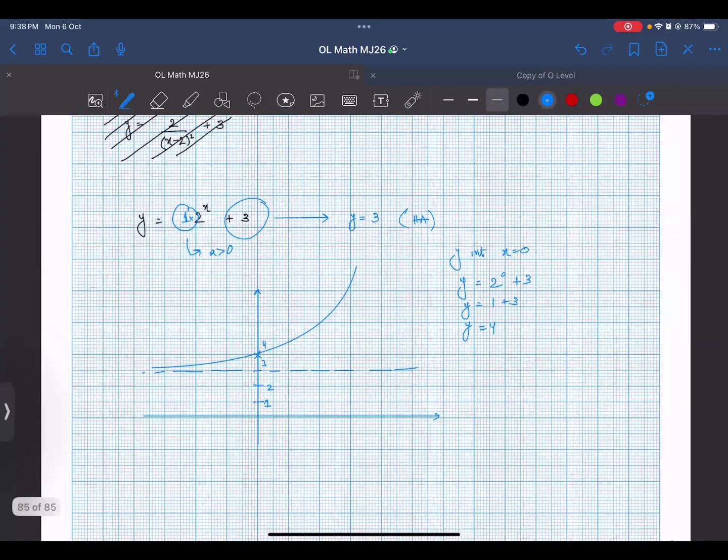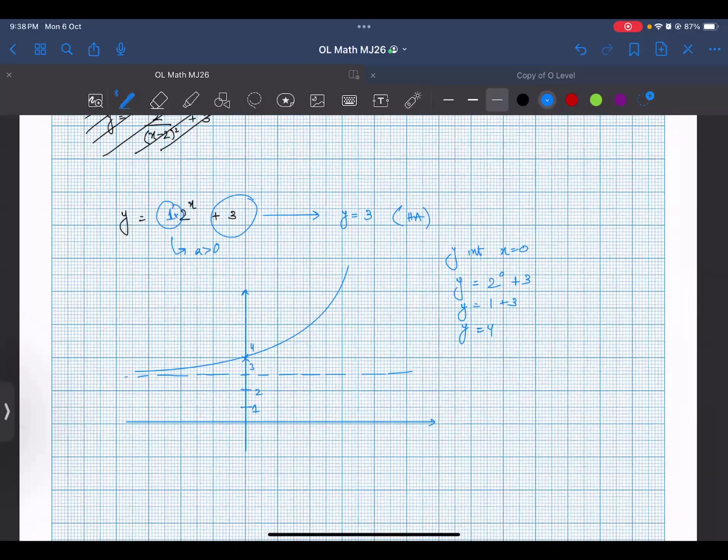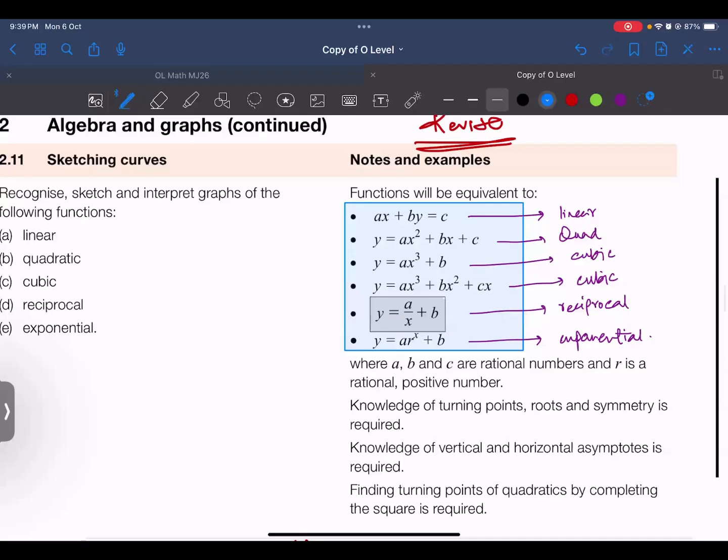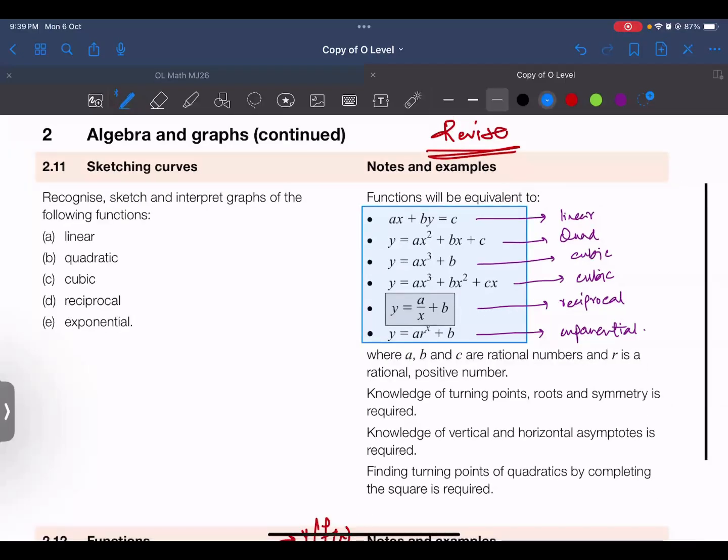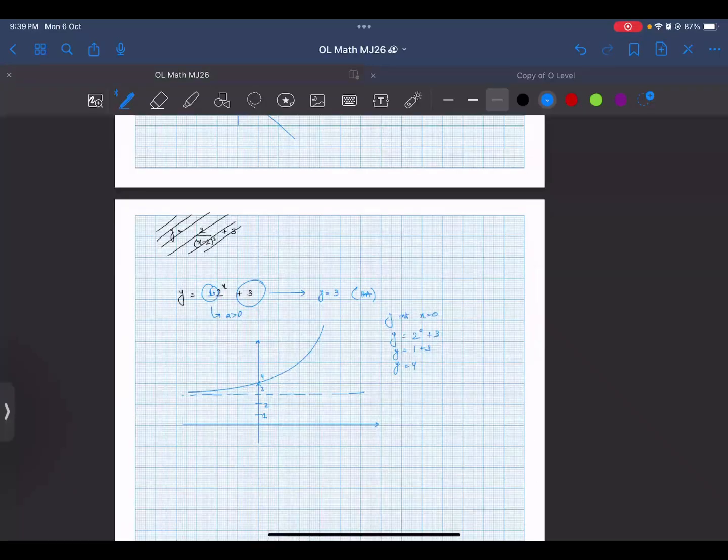Okay, so now we can end this important topic once and for all. Now we are done with this, and hopefully you people have got this. Do some practice on this, make proper notes, and revise this again and again so that you don't forget. There are some things over here that you need to learn and memorize. That gets right only slowly, through practice. If you have proper notes and you revise regularly, you won't have difficulty in this one. So we have done all these types of equation: linear, quadratic, cubic, the two cubic types, then reciprocal, and then exponential. So I'm going to end this recording for now, and then we'll start again with a new topic.